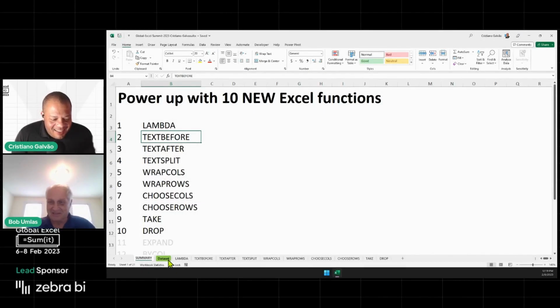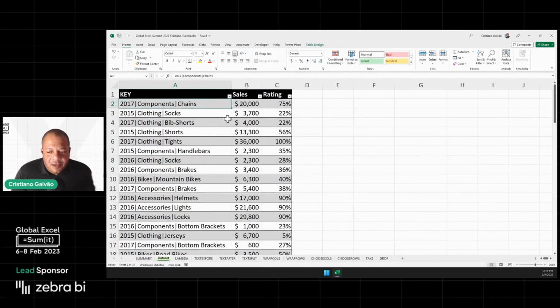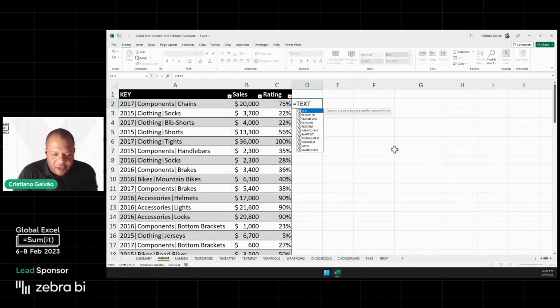All right. TEXTBEFORE. This is my data set. It is done. It's based on the same data set from the analyzed data. The difference is that I used some concatenation here. So about TEXTBEFORE, if I want to bring the year, I just use TEXTBEFORE,